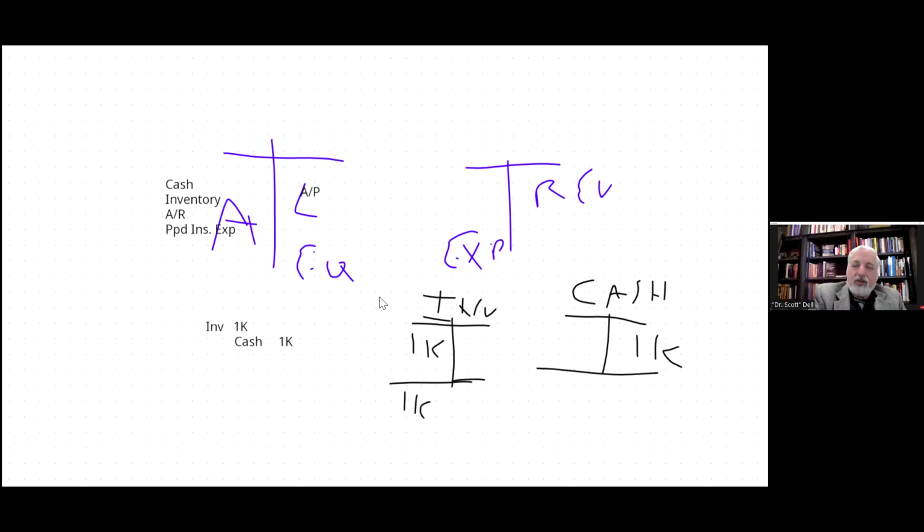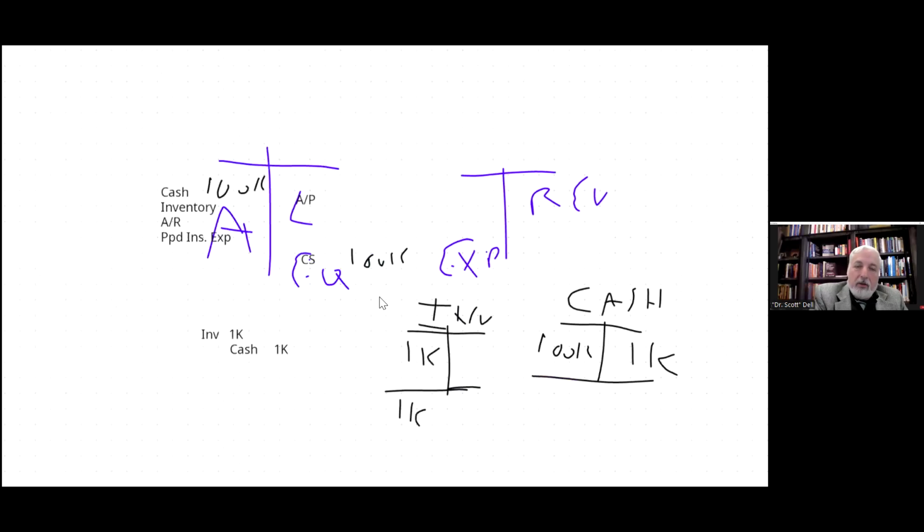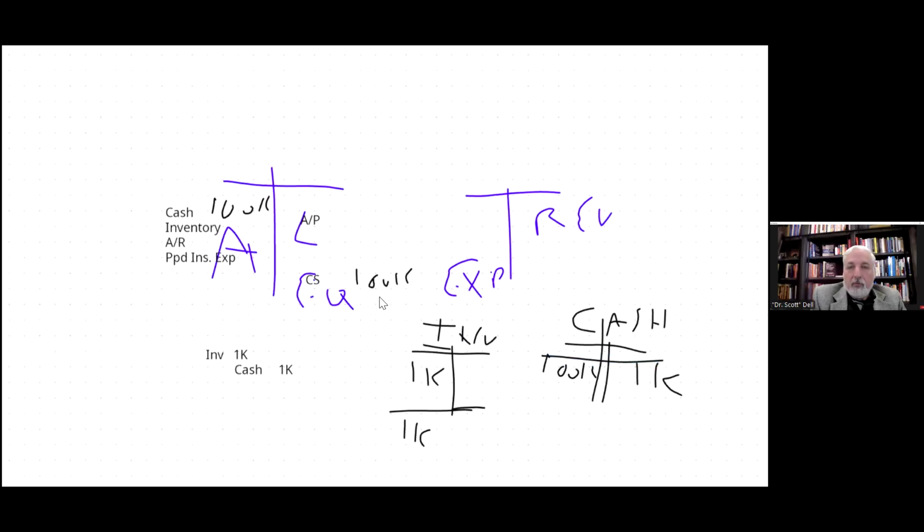It's kind of interesting to have a negative cash balance. Usually you start with maybe something like $100,000. And maybe I'll put 100K in cash, and I'll put 100K in equity. I'll put that in common stock account just for kicks so we can stay in balance. I like to keep things in balance. I'm sure you do too. So I've got my cash at 100. I spent 1,000 and I'm ending up with $99,000 net.